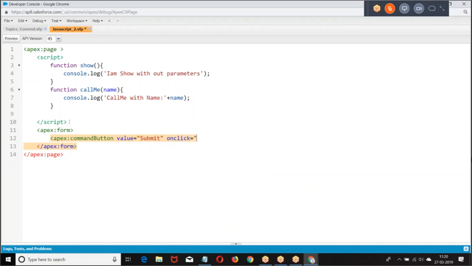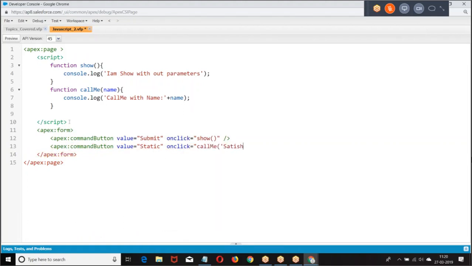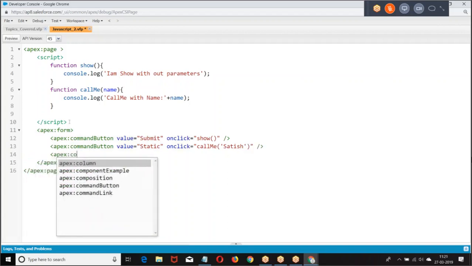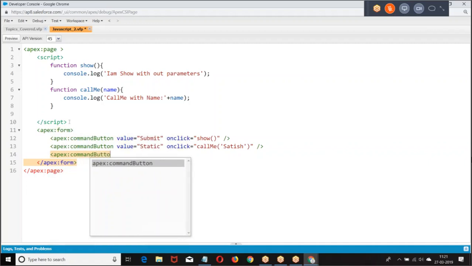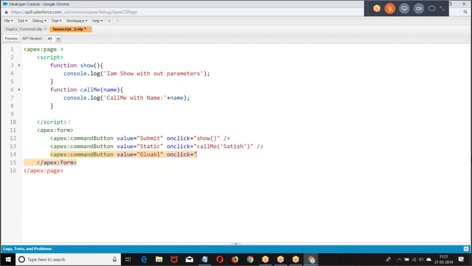Give apex command button, value equal to, on click.